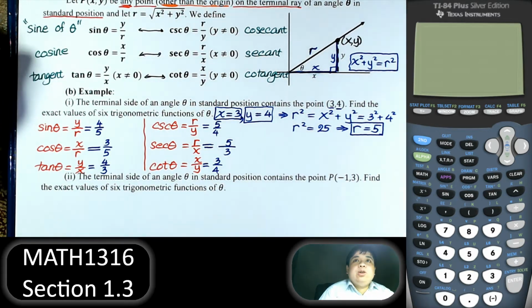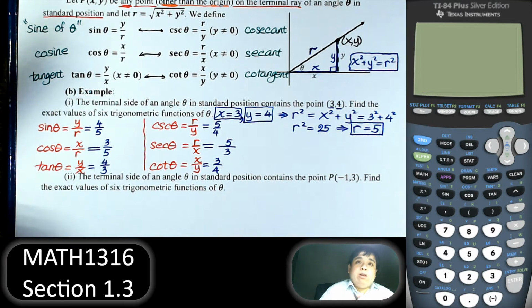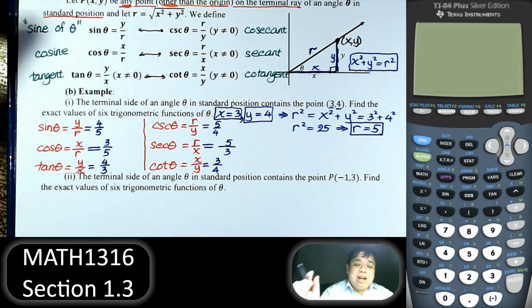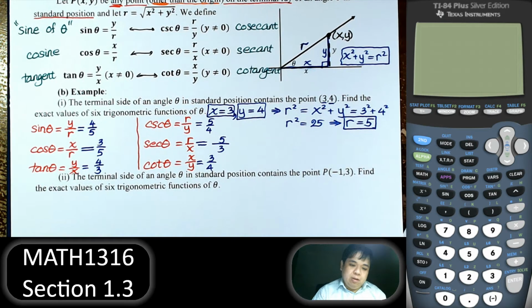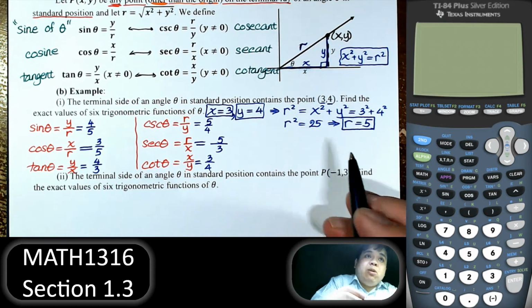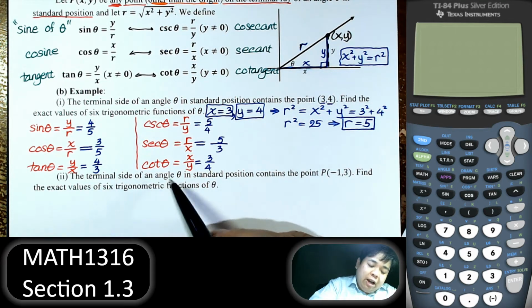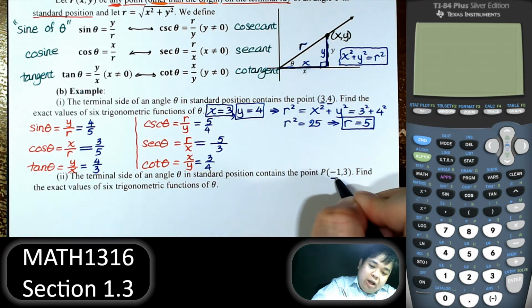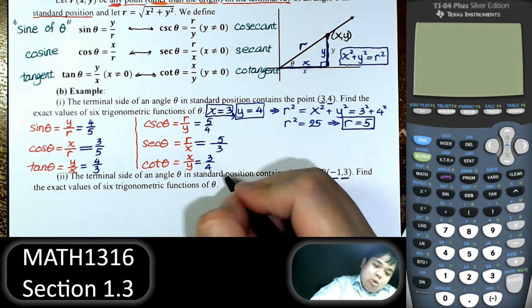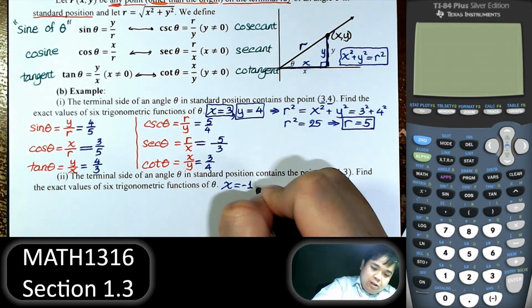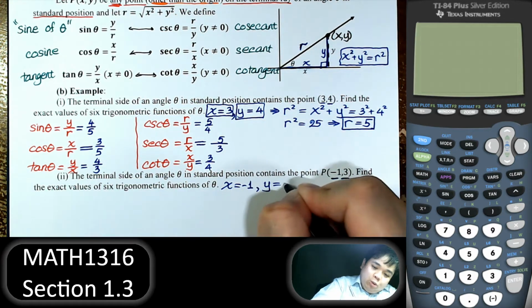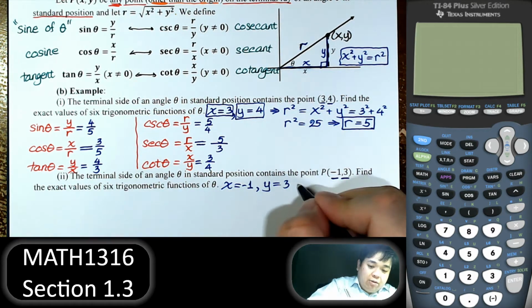Yeah. So just like that. Very straightforward. Just a definition. Follow that exactly once we know x, y, and r. Next example. The terminal side of the angle theta contains the point (-1, 3). So x is equal to -1, y is equal to 3. Of course, from this we can find r,